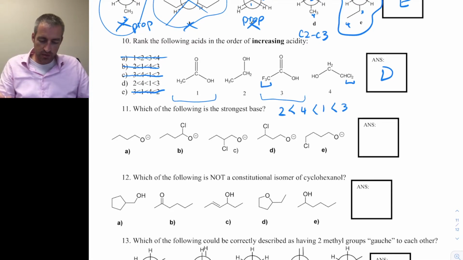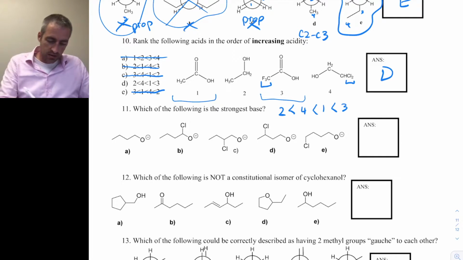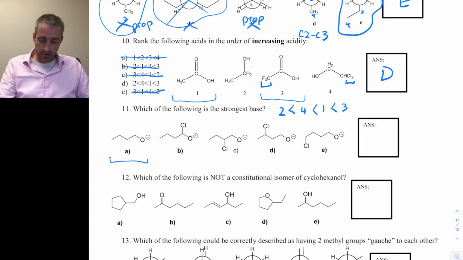11, which is the strongest base, we see A having no stabilization by chlorines, so if it's not stabilized, it will be stronger. All of the other ones experience some degree of stabilization by having the chlorine nearby. Chlorine can withdraw electron density by the inductive effect, stabilize the anion, make it a weaker base,